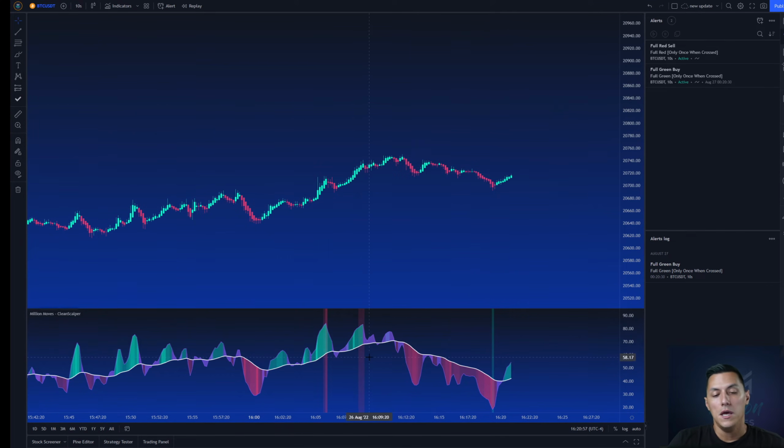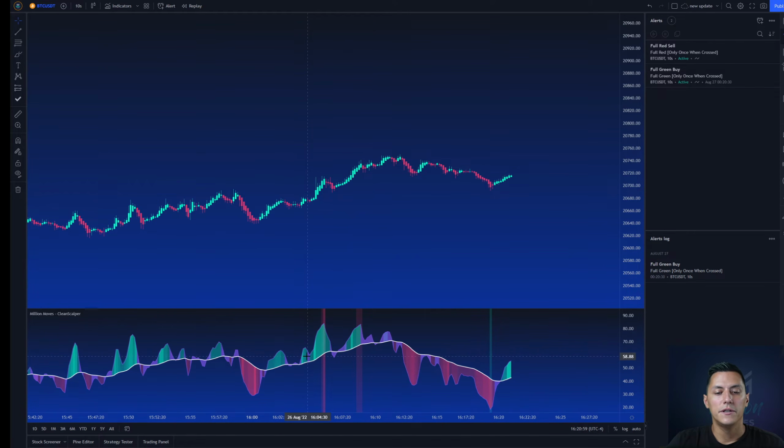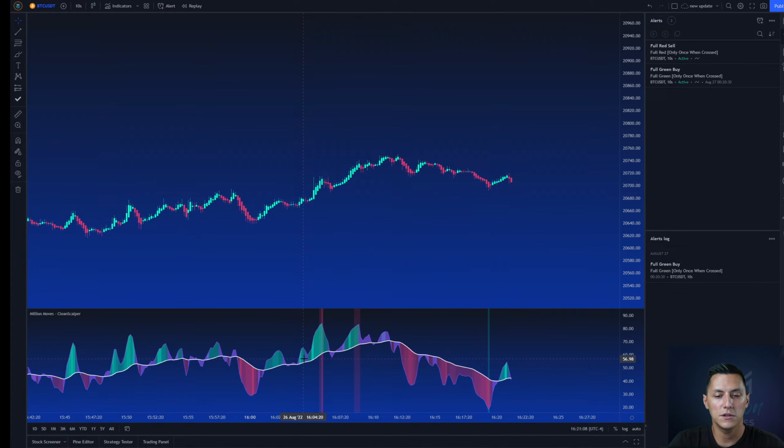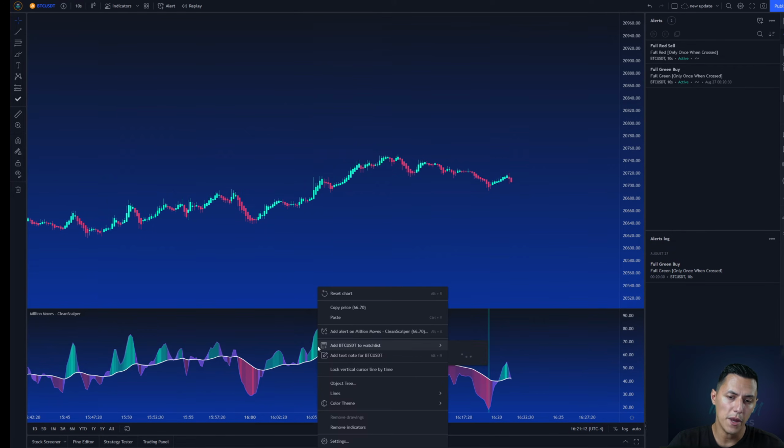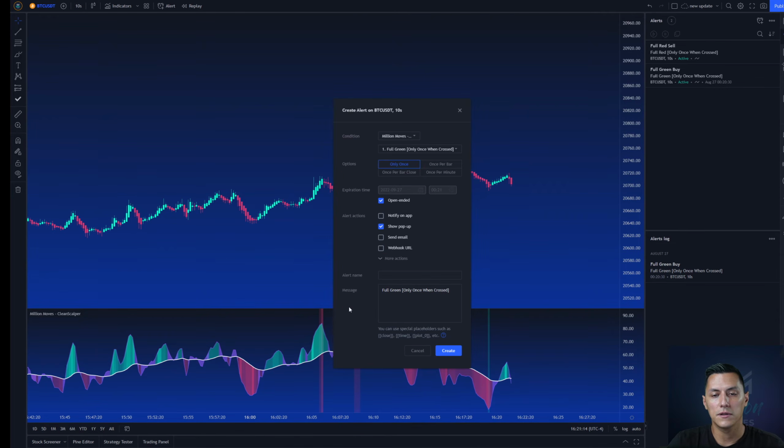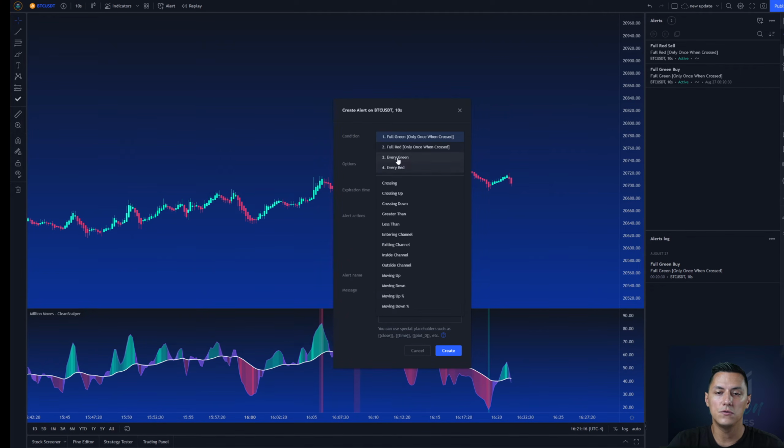Now maybe you are somewhere here in the chart, okay? It was green and it's purple and you want to trigger. You want to trigger with the condition every time if it's green. What can you do? You make a right click, click on add alert, and then we have these two options,